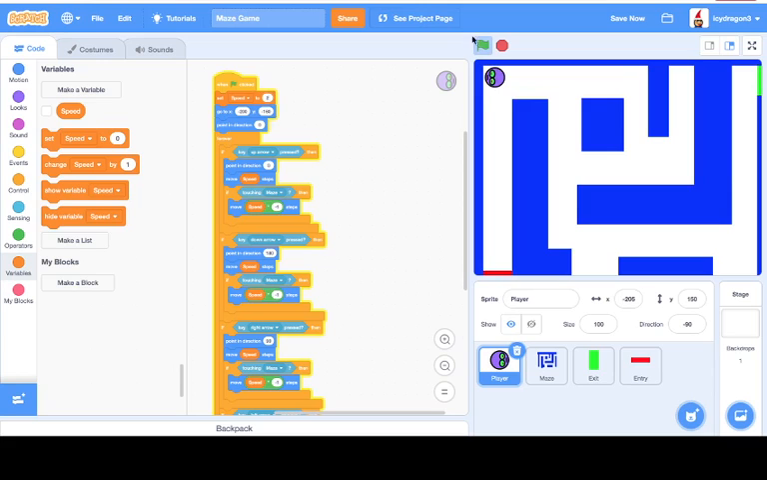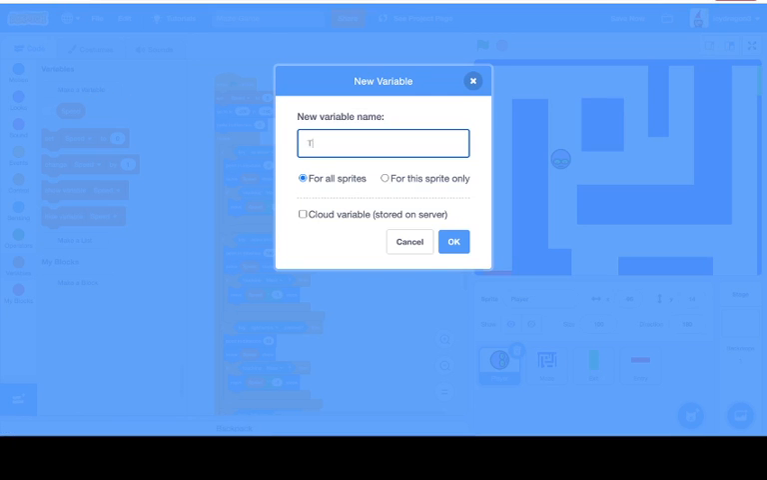Speed 2. Okay, the slower the speed is, the more you can touch the wall. It's so slow. 3. Just trying to find a good speed here. That's good. You can make a timer,